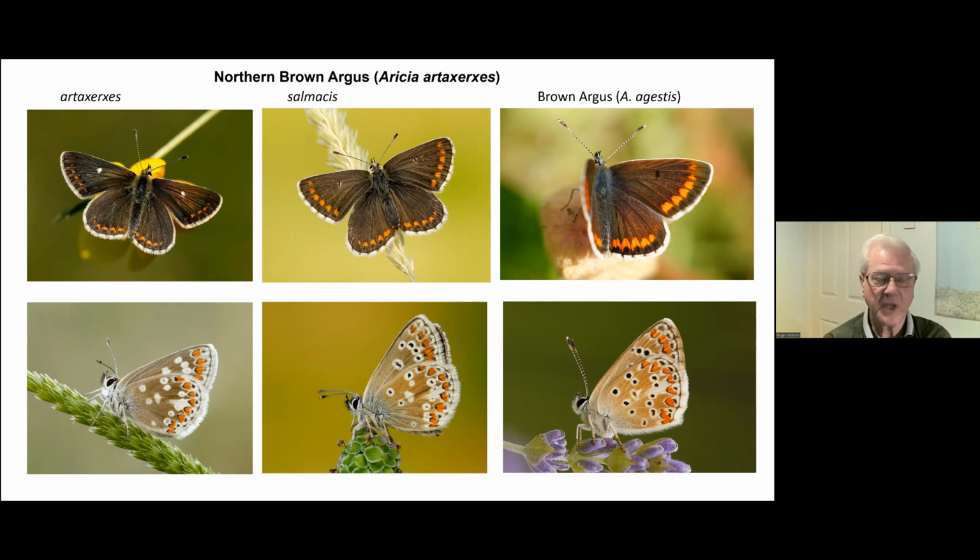In Scotland, the rather iconic form with the white discoidal marks is Artaxerxes, and in northern England the subspecies is, as in the middle row there, top and bottom, Salmacis, which has a similar discoidal mark, which is the sort of more typical black but with white edging. Salmacis is therefore much closer in its appearance to brown argus. And northern brown argus